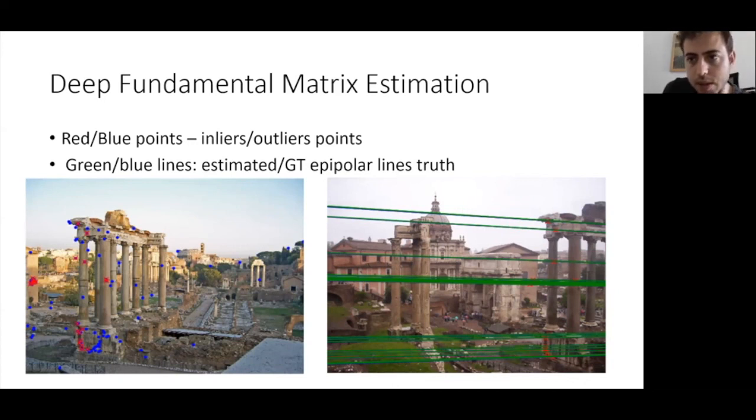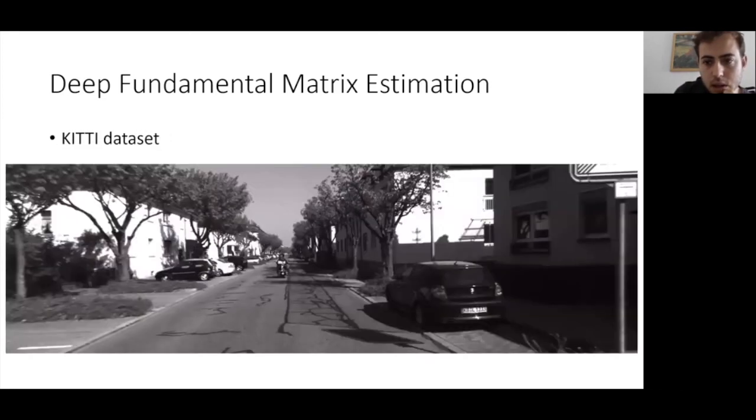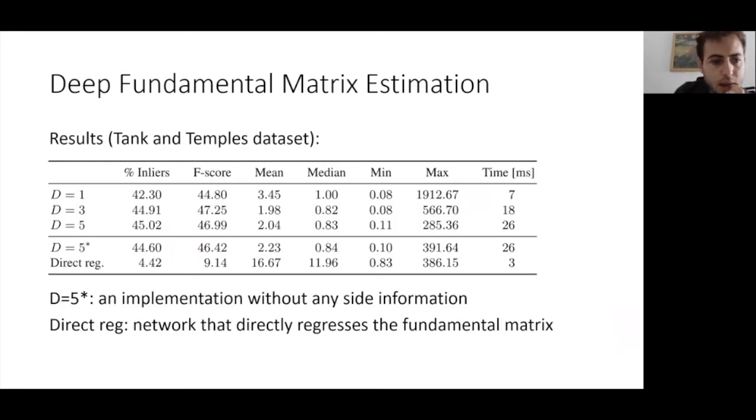Okay, is there any improvement in terms of complexity using deep learning? What? Can you repeat the question? Is there any improvement in terms of complexity? Did they talk about this in the paper? What do you mean by complexity? Complexity, like in RANSAC you might need to compute many iterations. In terms of running time? Yes, runtime. Yes, they wrote the running time for Tanks and Temples, which I think is